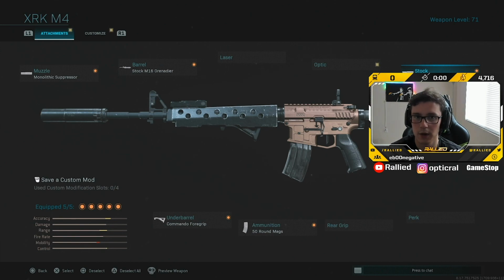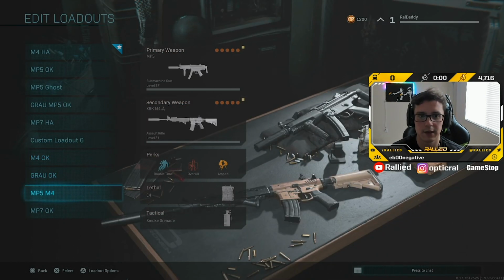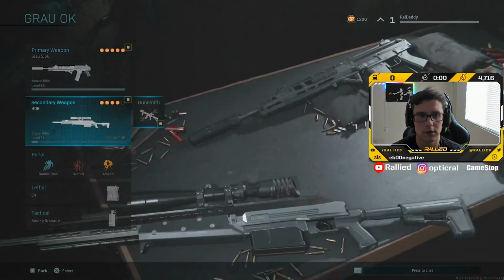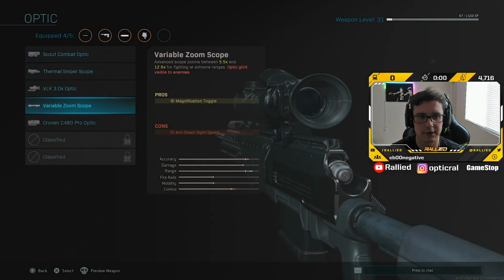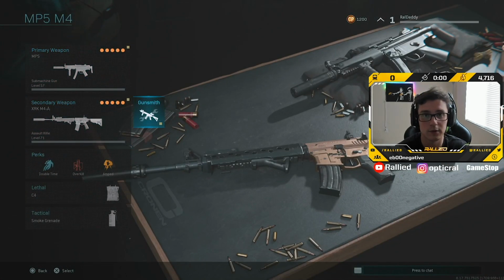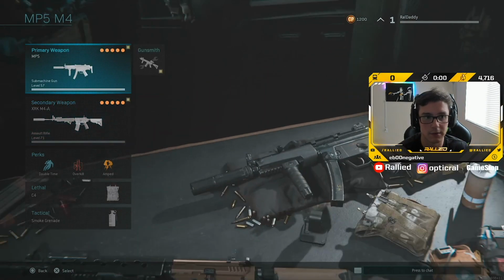But you guys are gonna see here soon, when I do have that fast secondary, I just have the same exact no stock Grau, no stock M4 with the HDRs. So when I have that secondary on my ARs right here, the one with a stock on it, because I have my MP5 out as my primary, and that's the one I'm gonna be running around with,